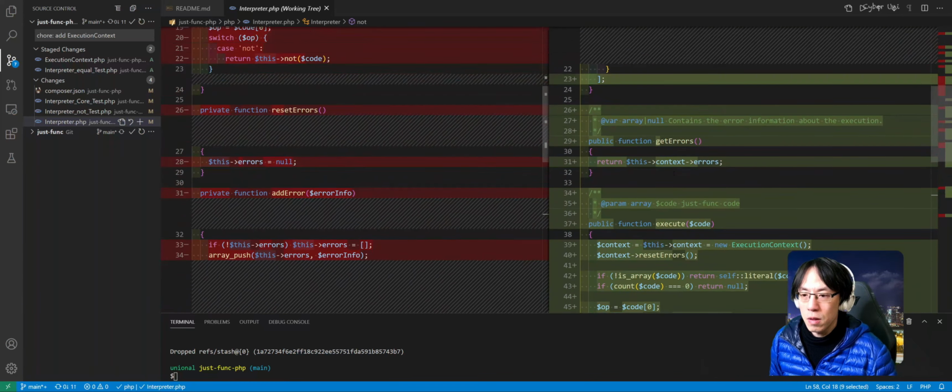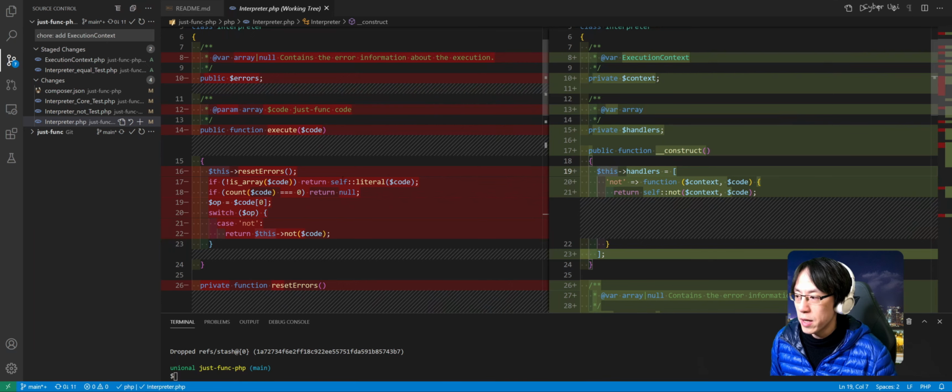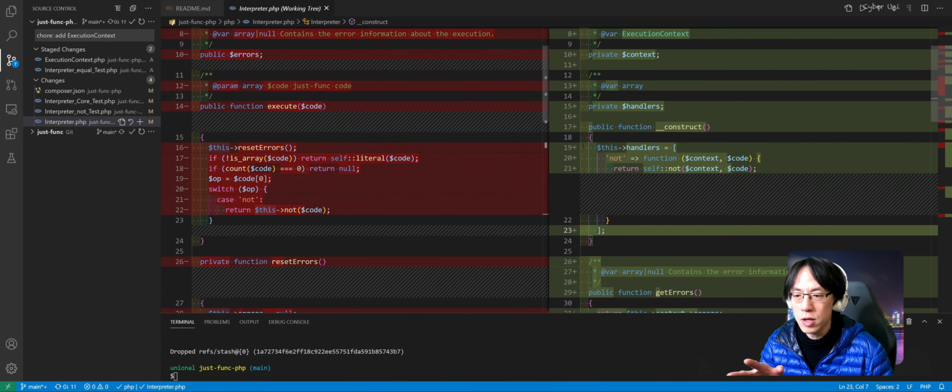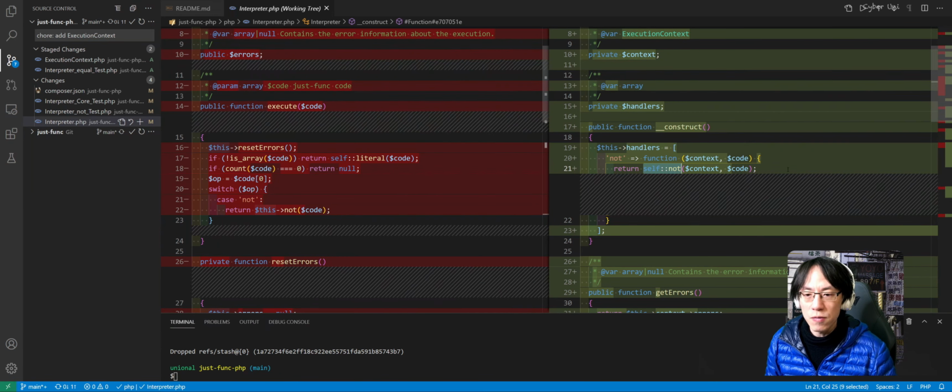So where do we set the handler? It's over here in the constructor. In the constructor, we just create this object and then pass this in. And I tried to find a way to just pass the self not in there, because if you are writing in JavaScript, right, it's just a function. You can